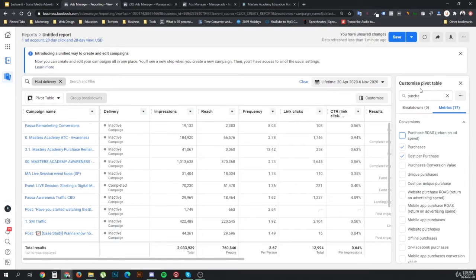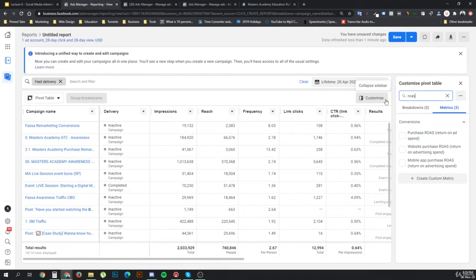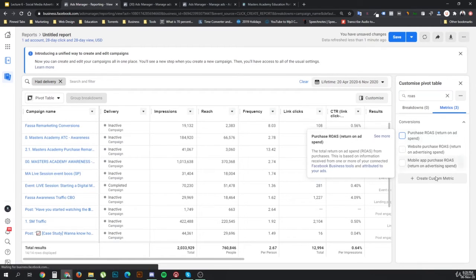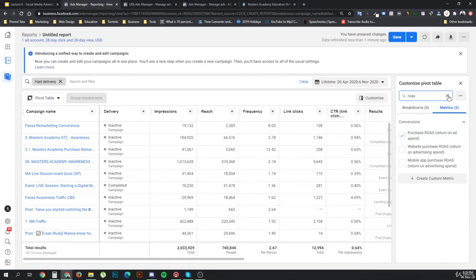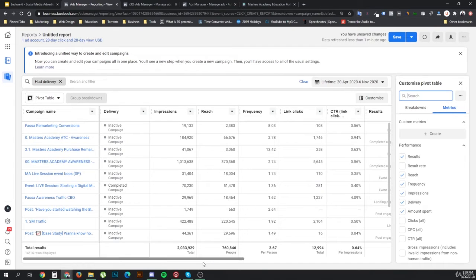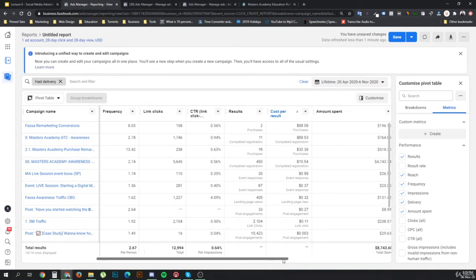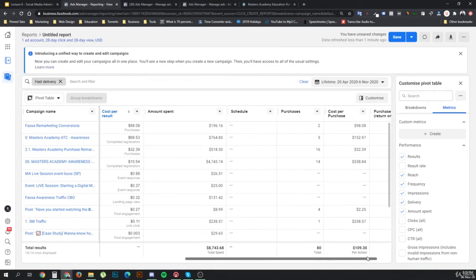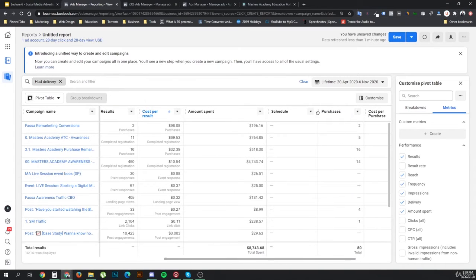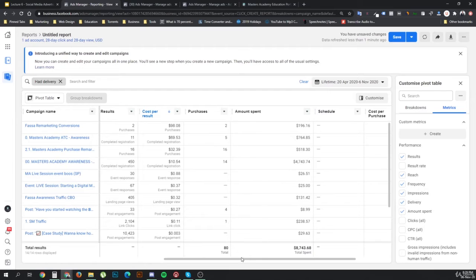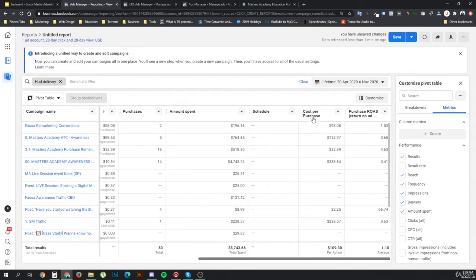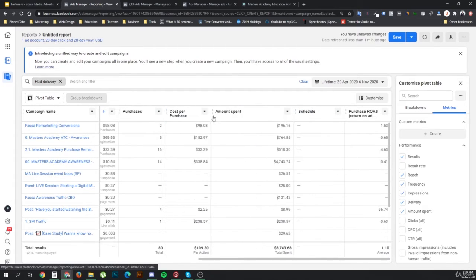We can just take the general return on ad spend. Yep, this one. So here we have our link clicks, our results, our cost per result, and then we want to have the purchases, and then the cost per purchase, and then we want to have the return on